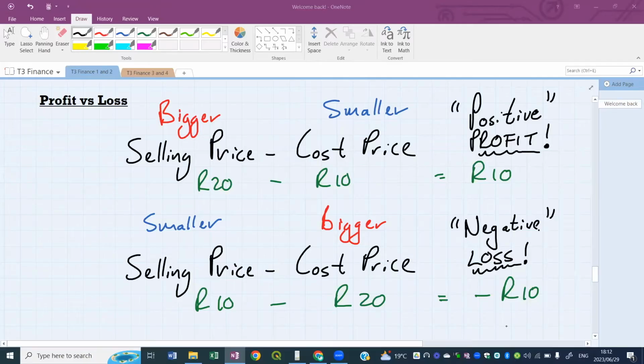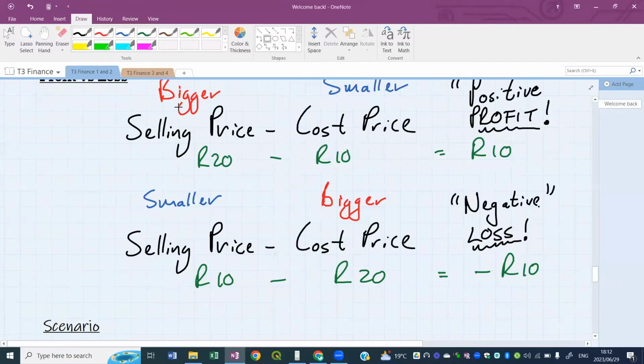Okay, so when your selling price is smaller than your cost price and you get a negative answer for this sum, you're making a loss. If it's the other way around, selling price is bigger than your cost price, and you get a positive answer, you're making profit. Okay, so these two formulae here